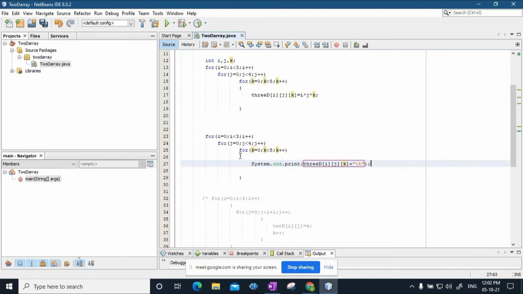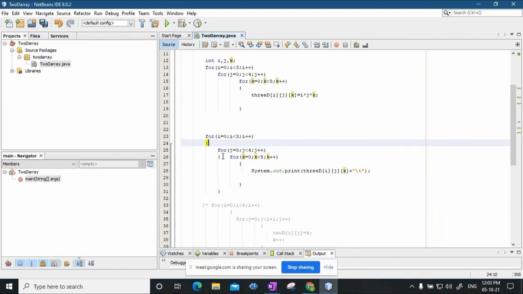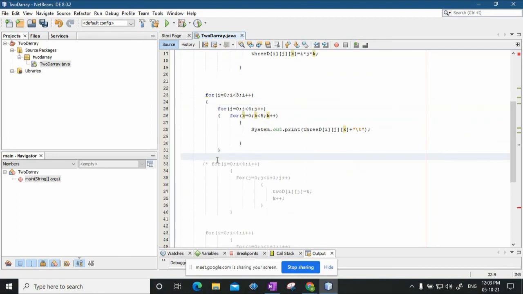Okay, so this is the inner for loop, and just outside that inner for loop I will specify, so this bracket is for the outer for loop, and this bracket is for the outermost for loop.